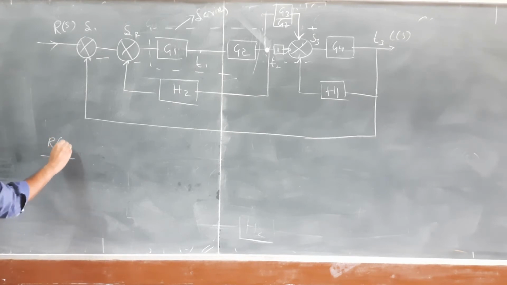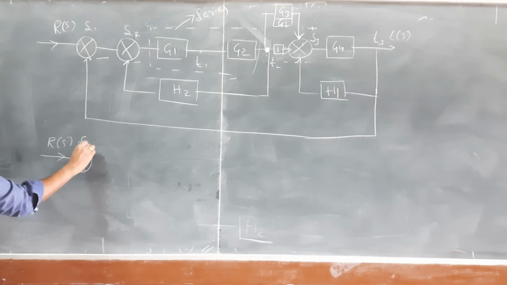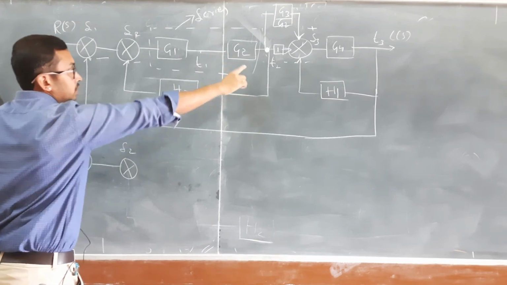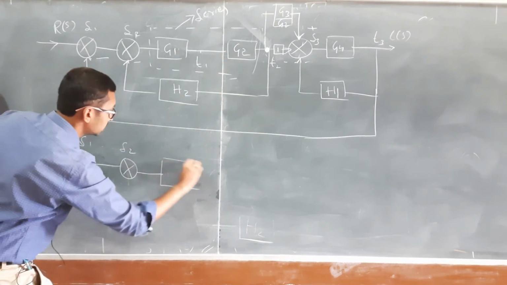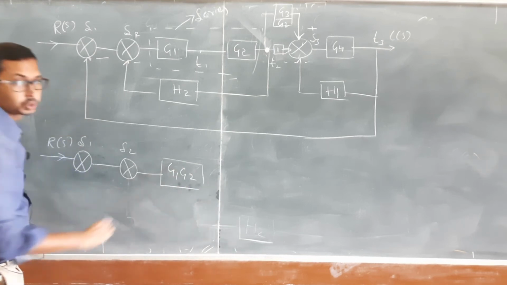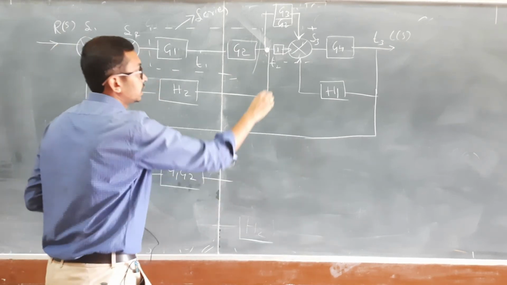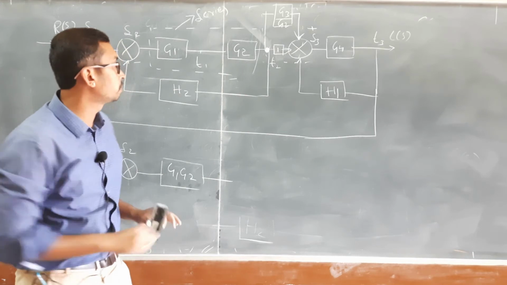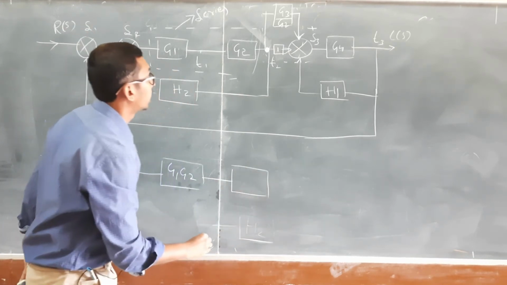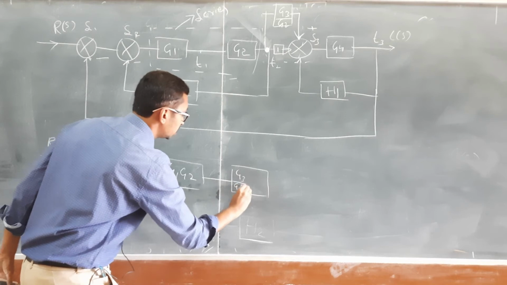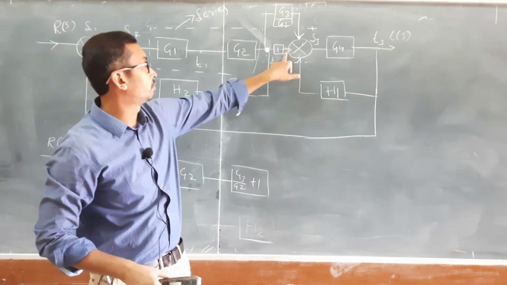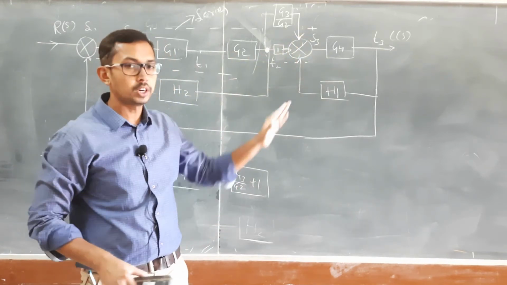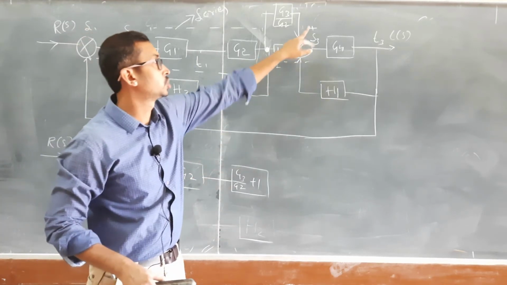So R of S. There is summing point 1, summing point 2. Here I am multiplying this one. These two are in series, so this can be done as G1 into G2. Correct? Next, as I told, these two blocks are in parallel, so what do we have to do? It will be algebraic summation. So this can be done as G3 by G2 plus 1. See? If we don't have any symbols, it will be a plus. If they specifically mention it, then we take that one. If they are not mentioning it, it will be a plus.